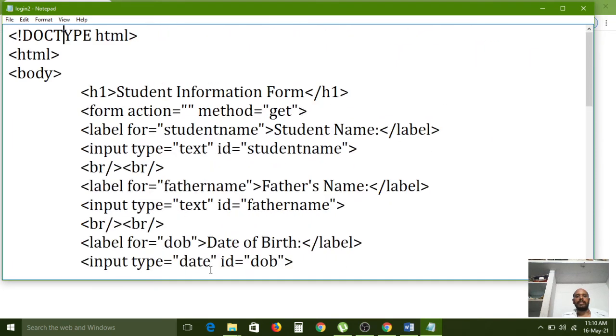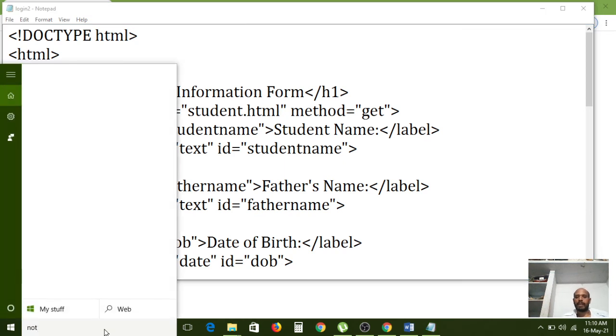After that, here the action attribute we need to give now. Action attribute file we need to give: student dot html. For that, one more notepad window I am opening.